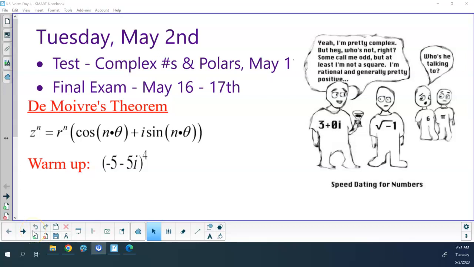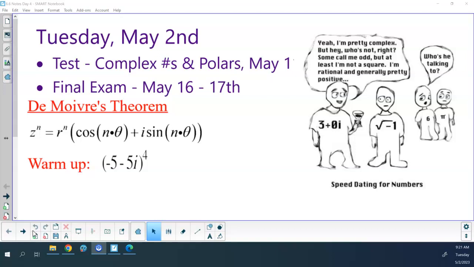So I'm going to use my new favorite word then. Whilst you do the warm-up problem, which is basically just a fancy way of saying get to work on the warm-up problem. So while you're doing the warm-up problem of -5 minus 5i to the fourth power using de Moivre, I'll talk about some other things that you can just listen to with your ears while your eyes and your brains and all the other things in your hands do all the work. So,